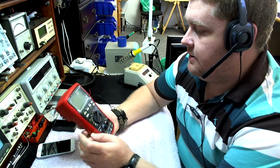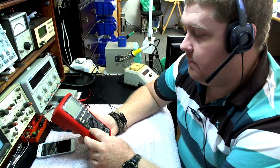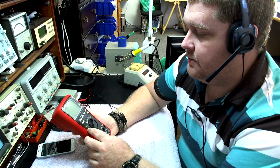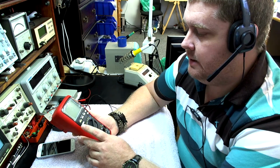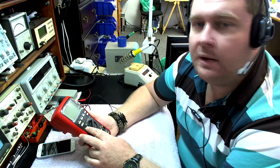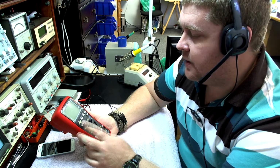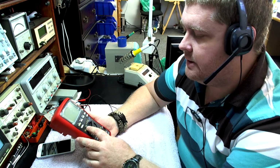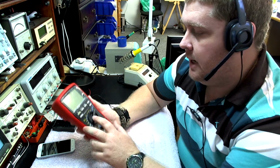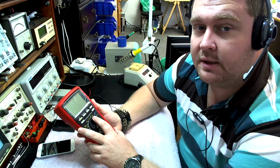Like I said, this meter is capable of VFD, volts AC with frequency and dBm, volts DC with AC components if need be, or adding the two together, millivolts DC with duty cycle, hertz frequency, which is basically your logic level stuff, PWM signals, pulse width modulation, millivolts AC with hertz and dBm, T1 and T2, so you can have two simultaneous probes plugged in. Then you've got diode, capacitance, conductivity, resistance,